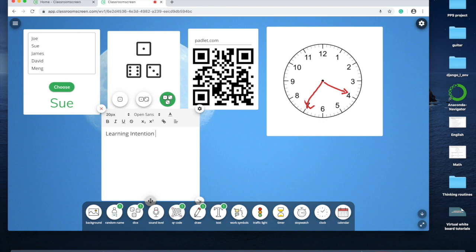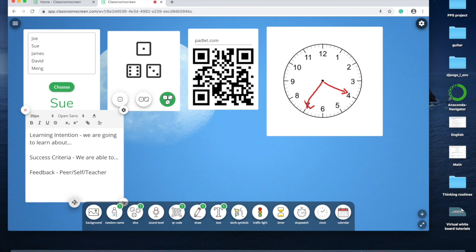Okay, and learning intention. So we're going to learn about etc. Success criteria. Oops, spelling wrong there. Okay, criteria. So what we're going to learn at the end of the day, all this can be put on this sticky note. Okay, and the kind of feedback you're going to give to the kids, whether it's peer, self, or teacher. So imagine this on a whiteboard, and while you are conducting the teaching,